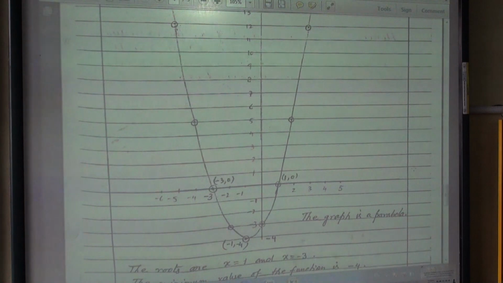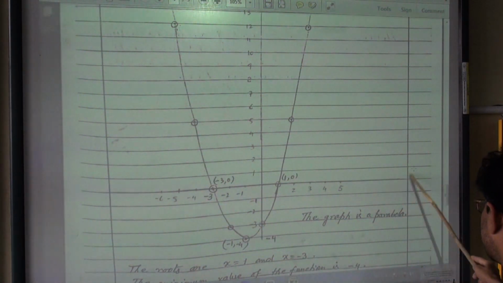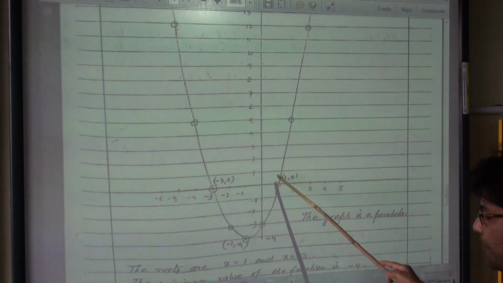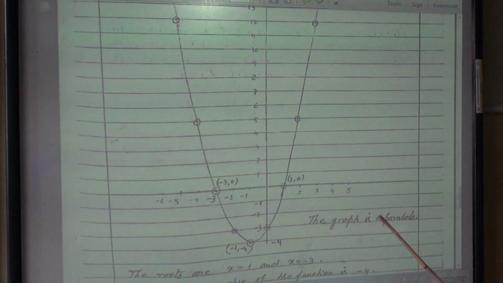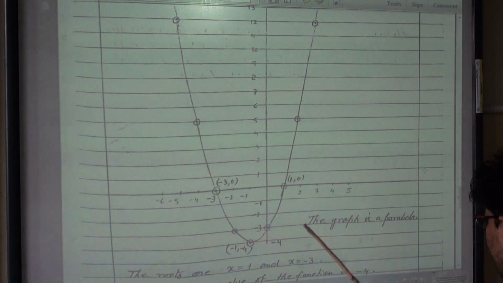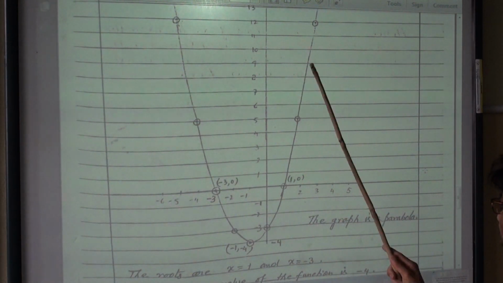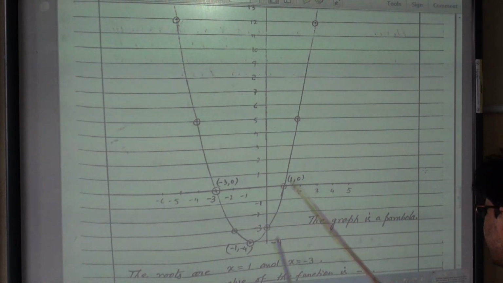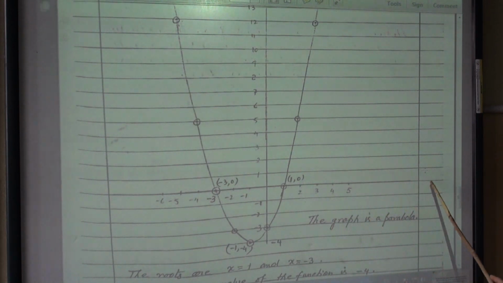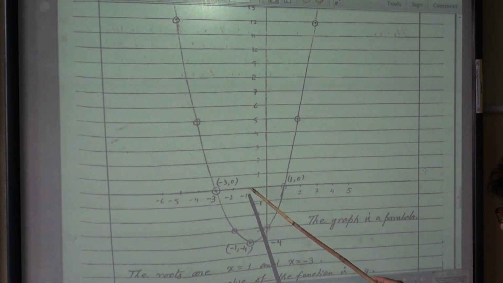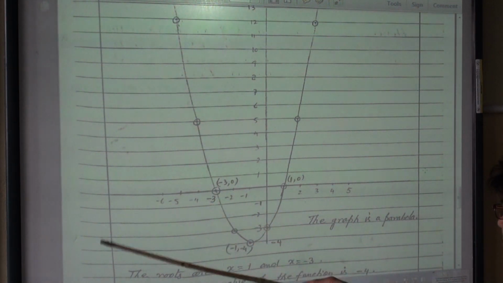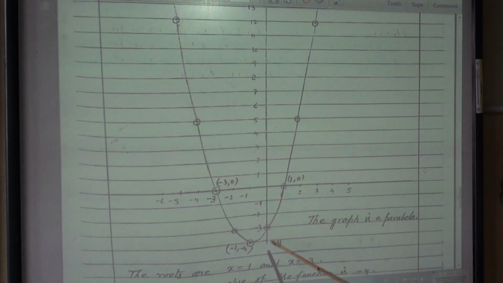This is the y axis, this is the x axis. You can do that on graph paper, or on plain paper like this also, freehand, no problem. You don't have to do this accurately, just roughly plotting, that much only they will see. So this is 1, 2, 3, 4, 5 this way, 1 centimeter. If you do it on graph paper, you take 1 centimeter as 1 unit. Similarly, minus 1, minus 2, minus 3, minus 4, this way it will go on. This is positive y, this is negative y. Now whatever points you got, just plot them and join freehand. So my figure has come like this.